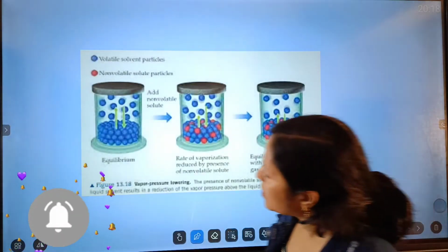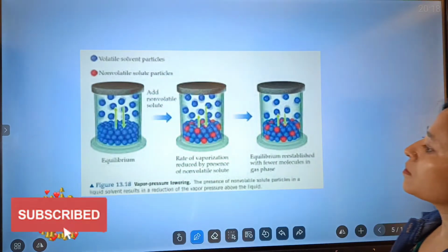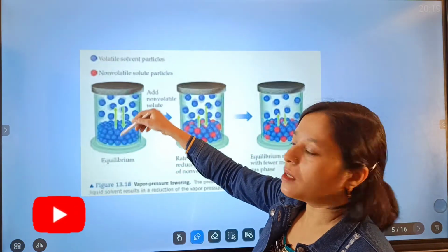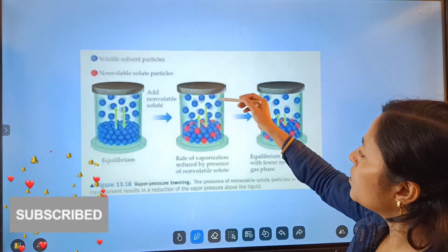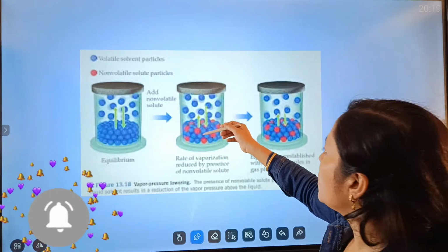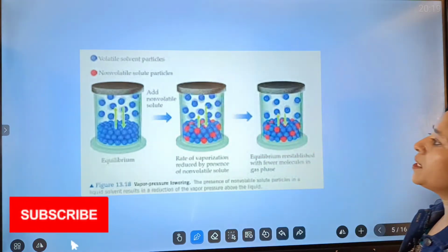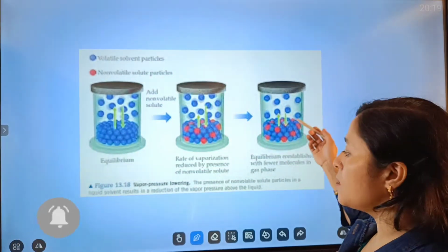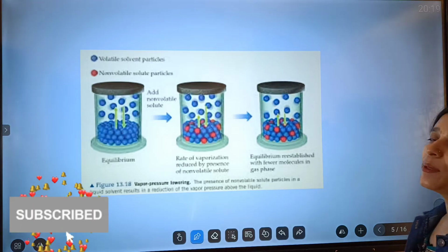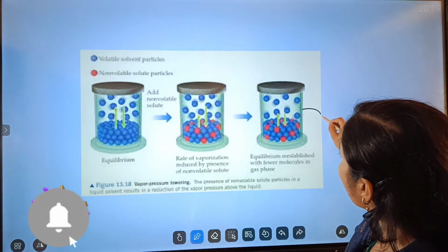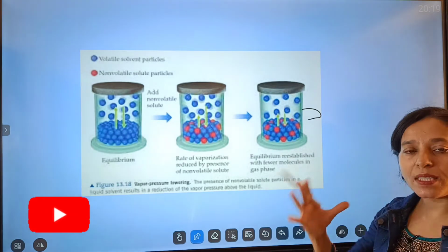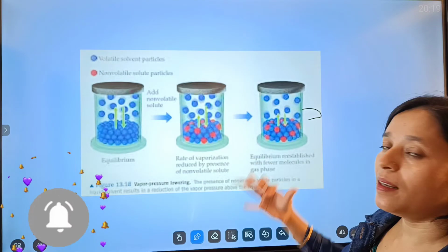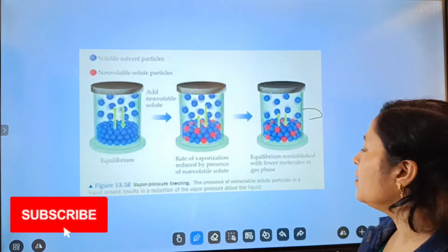We can make it clear with another diagram. In this you know that the vapor and the liquid are both in equilibrium. Now we have added some non-volatile solute. As we have added non-volatile solute, the number of the particles that are vaporizing has reduced. So this is known as the relative lowering of vapor pressure, since the surface through which the particles can go into the vapor phase is less available, since we have added the non-volatile solute.